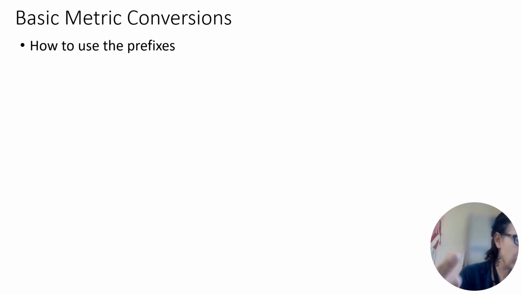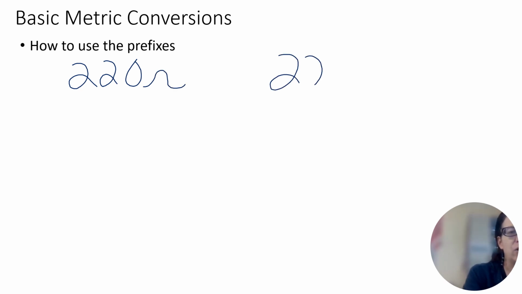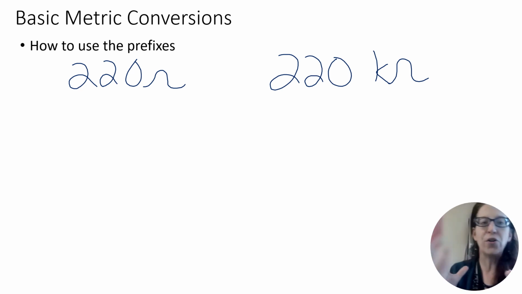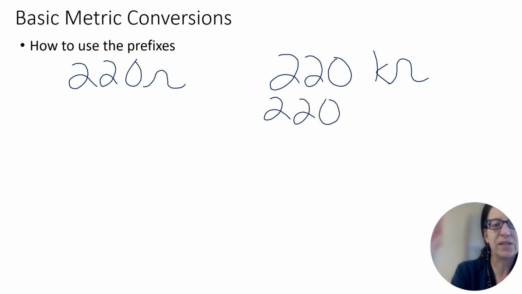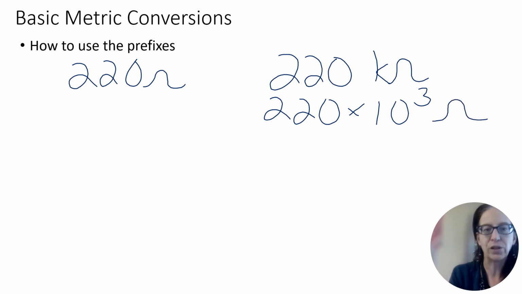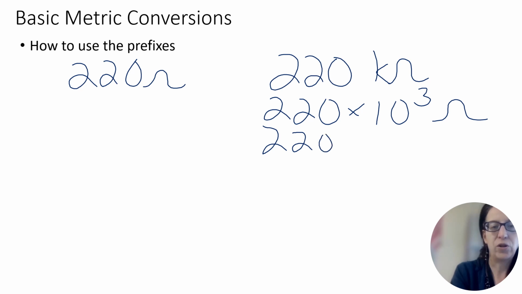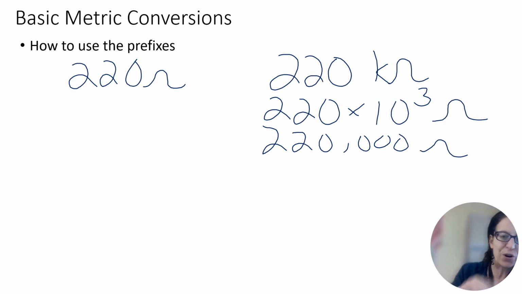So where would we see this? I've seen a couple of mistakes where something was supposed to be 220 ohms and somebody put in 220 kilo ohms because they weren't paying attention to the prefix. Well, kilo is 10 to the third, so essentially this is 220 times 10 to the third ohms, which is 220,000 ohms. If you make that kind of mistake, you wonder, why isn't my LED turning on? Because you put so much resistance in it that